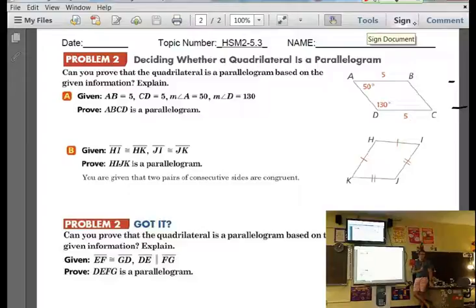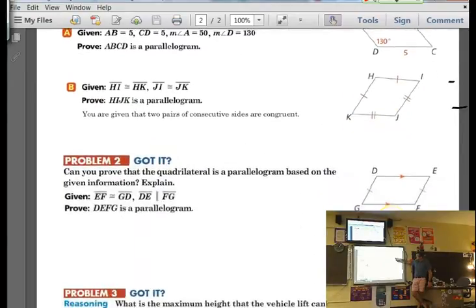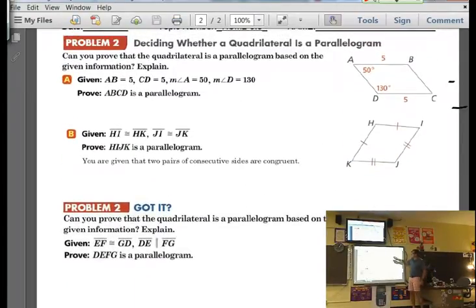Caleb. Alright, so I just have a quick question. For a parallelogram, if you had all the angles of a parallelogram, could you prove it was a parallelogram? Yeah. So if you forget about these,